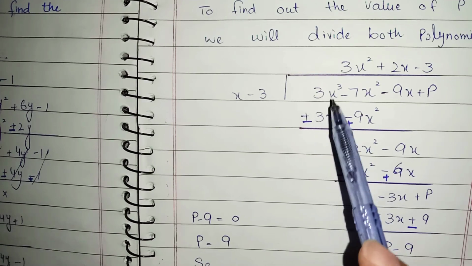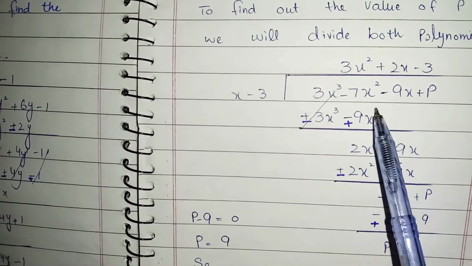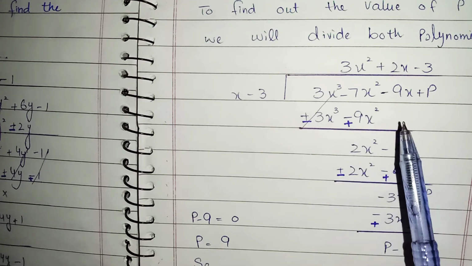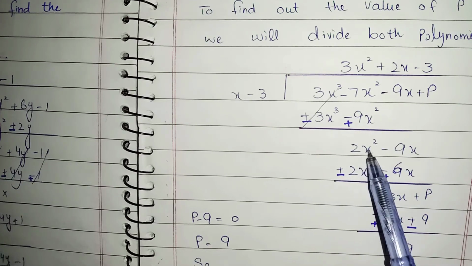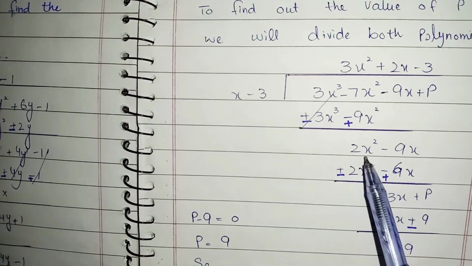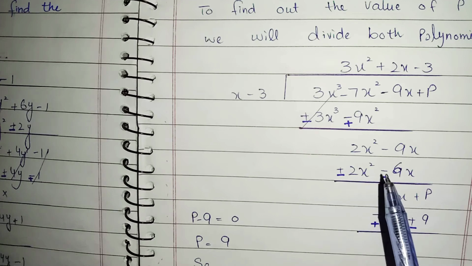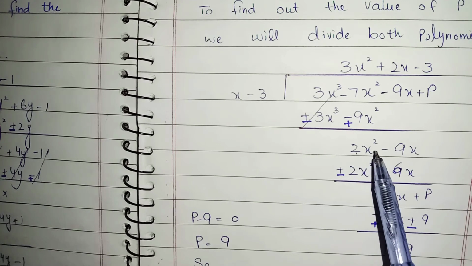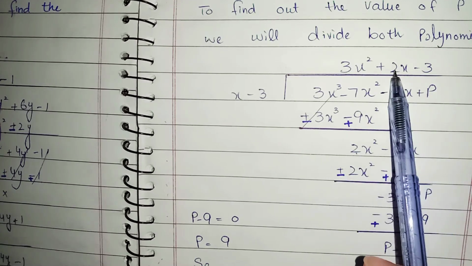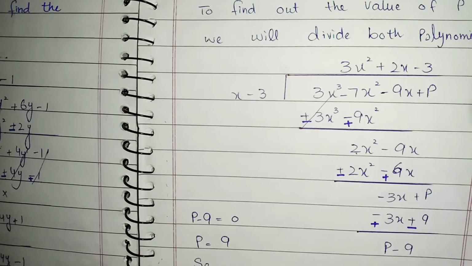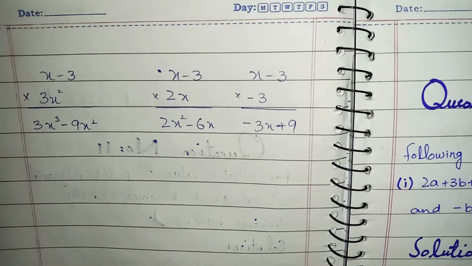Now both terms are same but having opposite sign, they cancel out. Now students, you all know that minus plus always minus, but the sign will be of greater number, so we will write 2x square. Here we have x, and here we have 2x square, so we will multiply this x with 2x to get 2x square. So plus 2x is our quotient term, and we will multiply complete divisor polynomial with plus 2x.